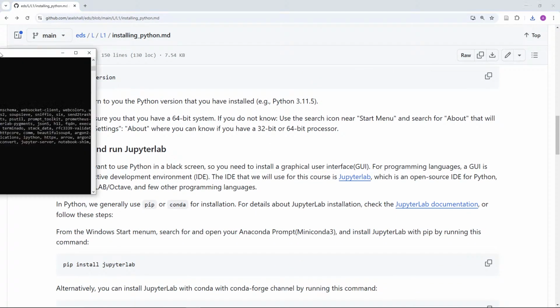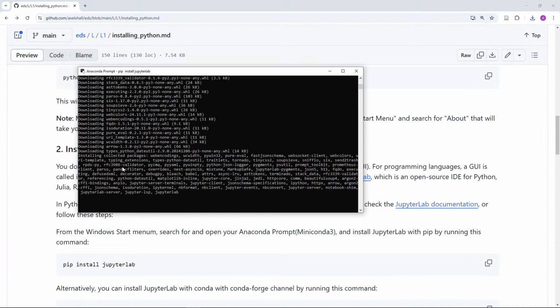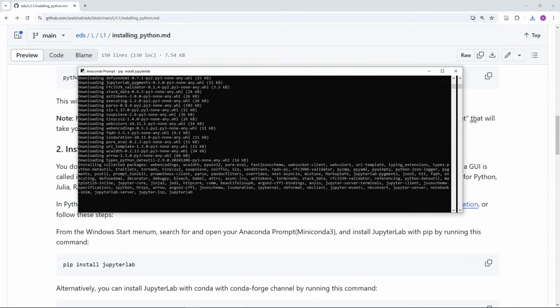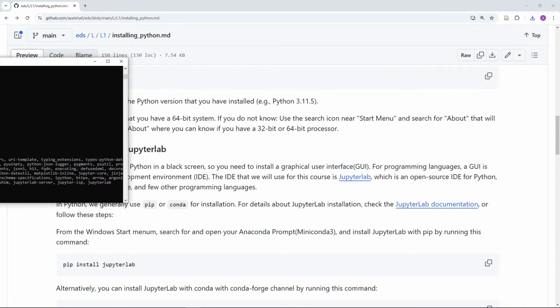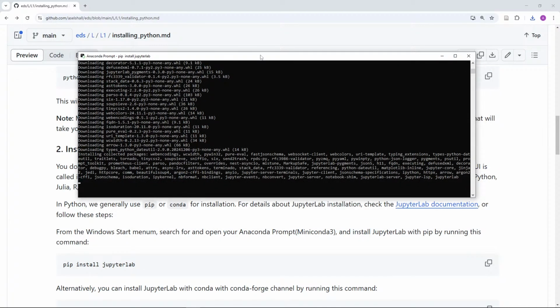JupyterLab is still installing. Why is it still installing? Because it is collecting all these packages that you see here. You see how many packages are getting installed. That's why it takes time. The time you save in installing Anaconda, you spend installing these things on your own, because Anaconda will install JupyterLab for you. You didn't have to install it, but this is easier, and it will save you time and, more importantly, disk space,